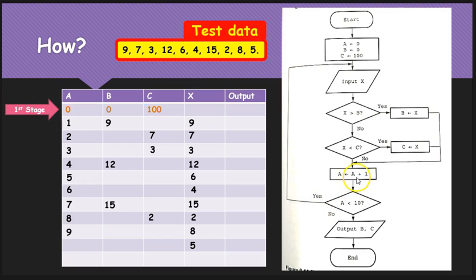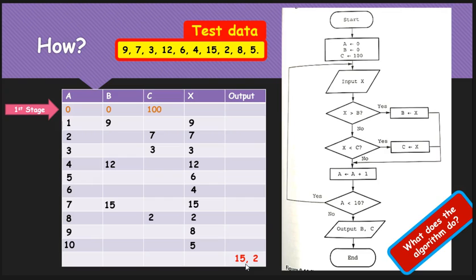And once it's added to that count, now we've got a question which we kept on asking here, but we haven't really needed to use it up until now. So it says here now, is a less than 10? Well, no, it isn't. It is 10. So we need to jump out of the loop, and then we output b and c. So the output here should read whatever value is in b and whatever value is in c. In this case 15 and 2, because those are the last recorded values, and hey presto, 15 and 2.